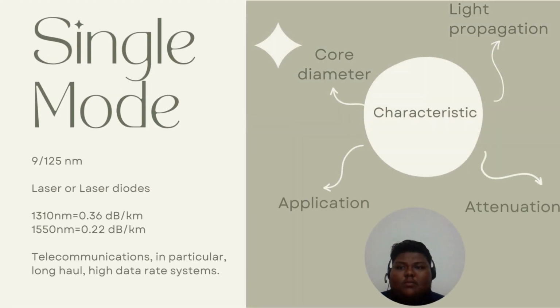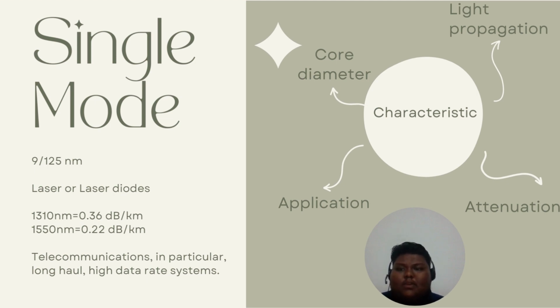Now we jump to the main slide, which is the single mode slide. Single mode core diameter is 9/125 micrometer, which is the smallest core diameter and the fastest. Light propagation uses a laser or laser diodes. Attenuation: at 1310 nanometer, about